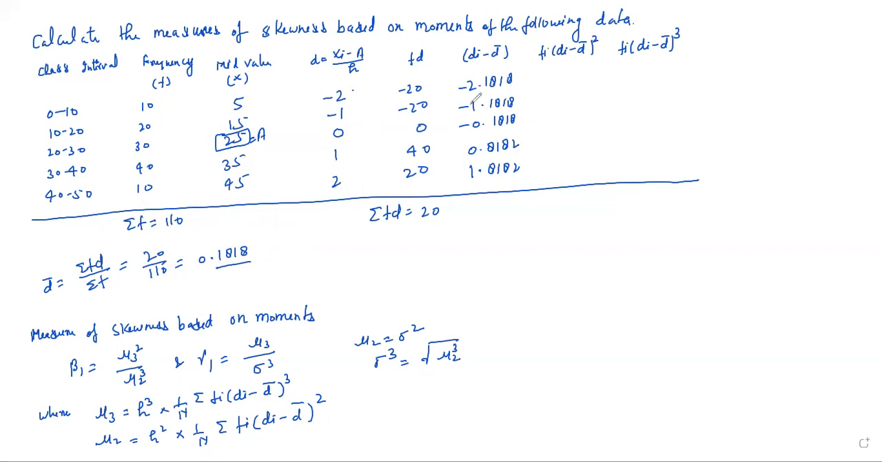Now square these values of di minus d bar and then multiply by f. We get 47.6025, 27.9330, 0.9915, 26.7780, and